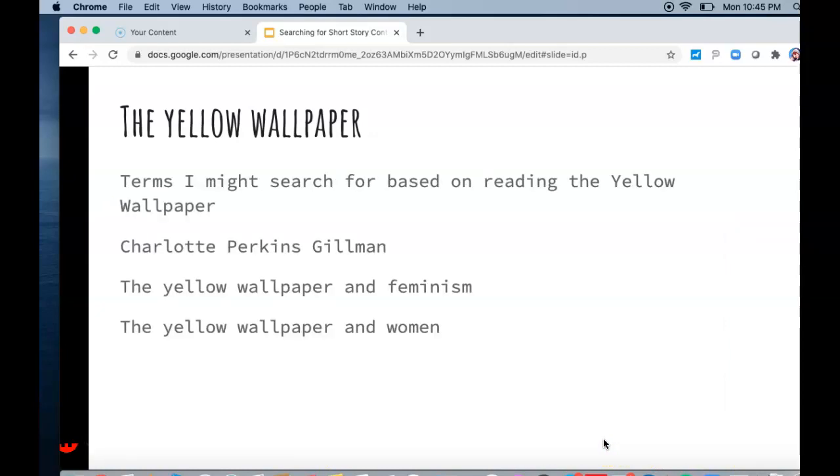So again, we already talked about what the themes were, what keywords we might want to search for. Here's a list of terms I might search for based on reading The Yellow Wallpaper. So the first one is the author's name, of course. That's a great way to get more context about the piece. You find out who the author is,